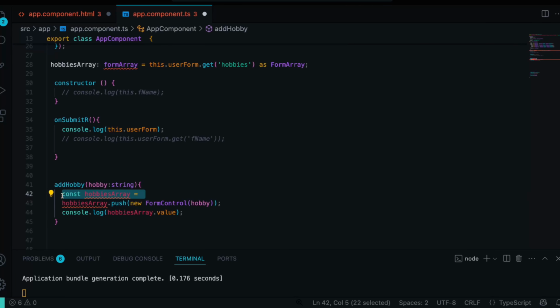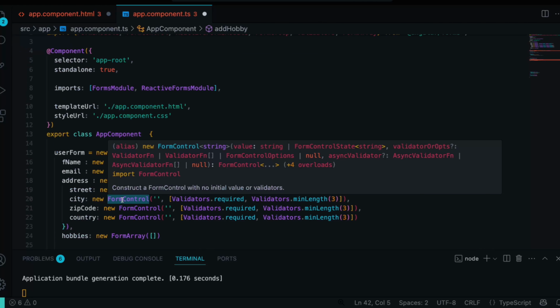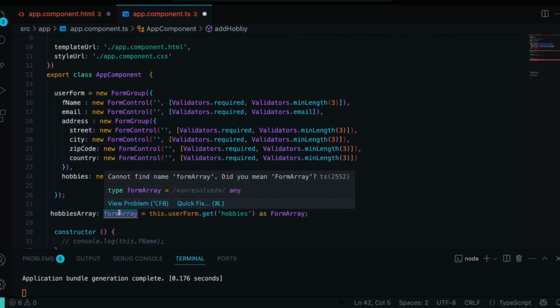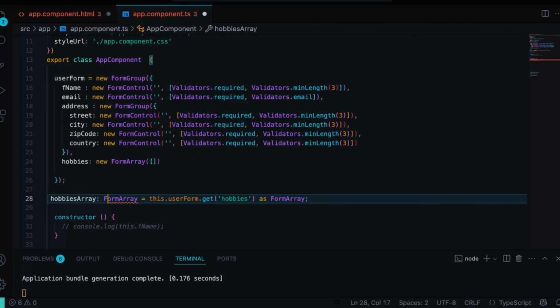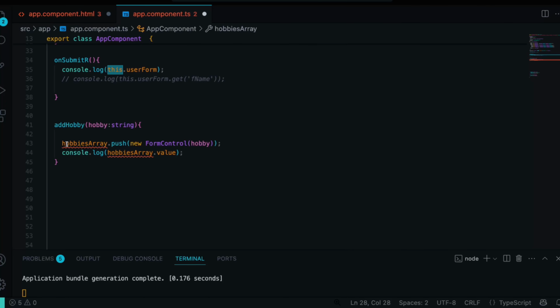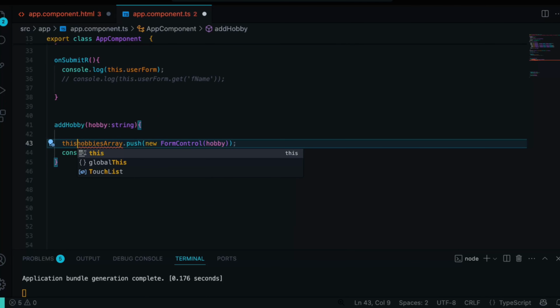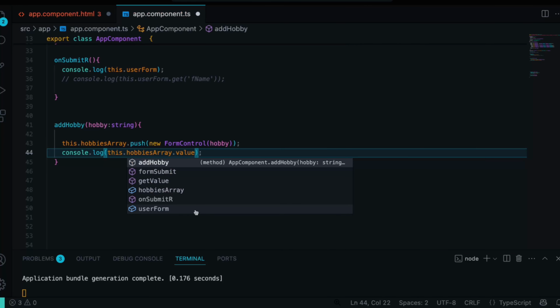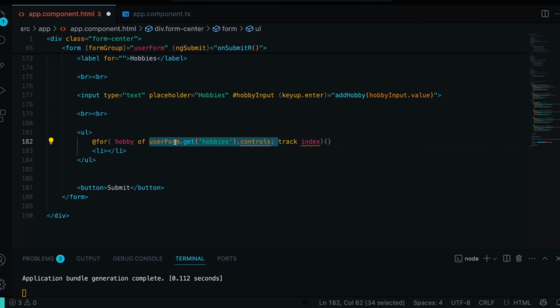Next, remove the const hobbies array assignment from the add hobby method and update the method to use the global hobbies array variable directly. Just simply add this keyword before hobbies array. That's it. Perfect. Alright, now inside the HTML template, update our for loop to use the hobbies array global variable